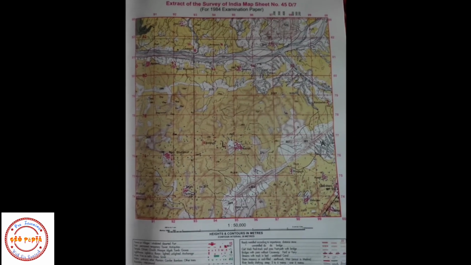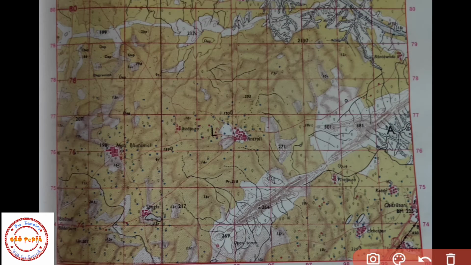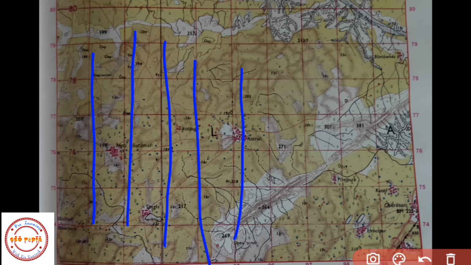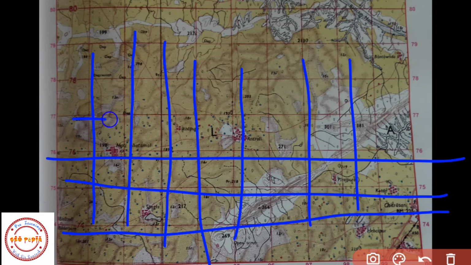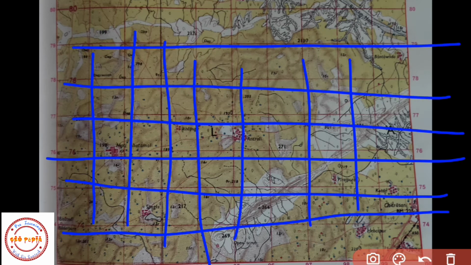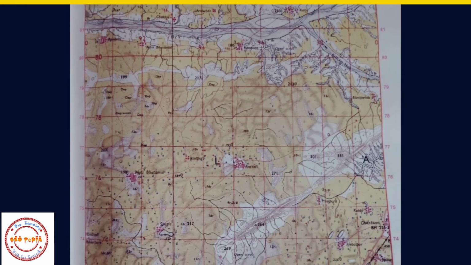So we are talking here about grid reference. First of all, let us understand some concepts from here. Students, you can see some vertical lines and some horizontal lines on your map. Now they have their own names. In my previous video, I told you that I would explain this concept later, so today I will be explaining these lines.